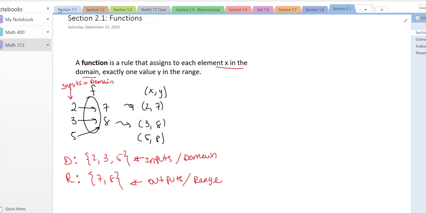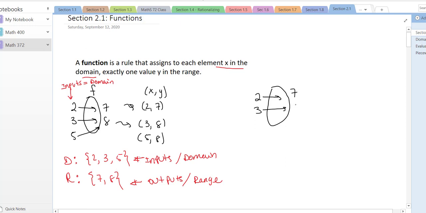Now something that may not be a function would be, say I have another example, and this time I have, say 2 goes to 7, just as before. So this input has only one output, and then we're going to have 3 goes to 8, and then 3 goes to 9. Now notice that this is not a function because the inputs don't have exactly one output. The input 3 has more than one output, it has 8 and it has 9. So this is not a function